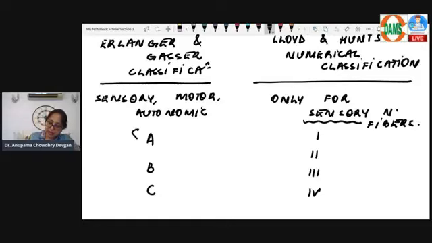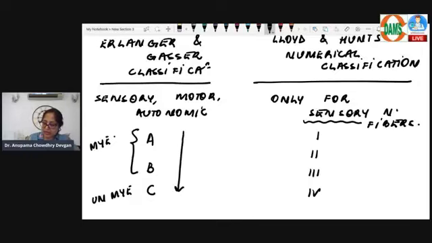Now, remember, A and B fibers are myelinated. C is unmyelinated. So that means A is the largest diameter. As you go from A to C, the diameter reduces. A is the largest diameter, C is the smallest diameter. A and B are myelinated nerve fibers and C is an unmyelinated nerve fiber, right? Now,